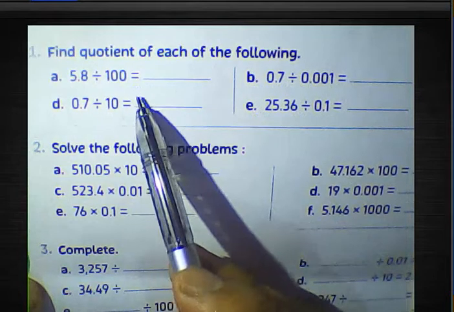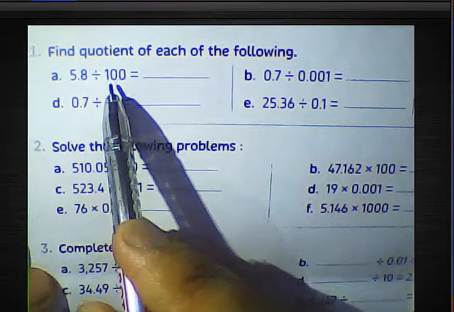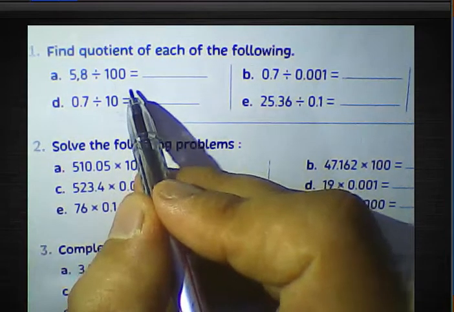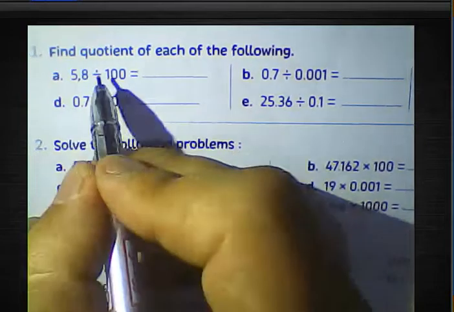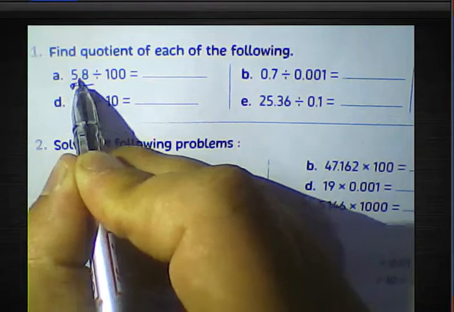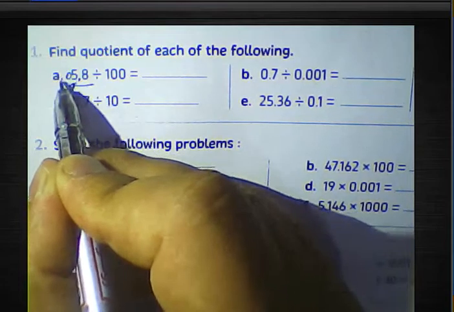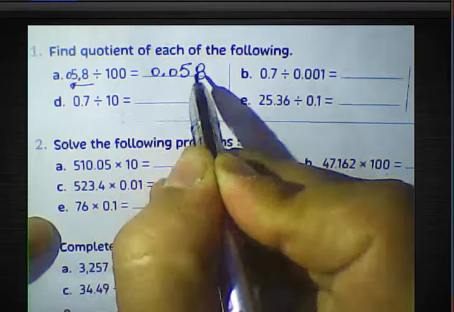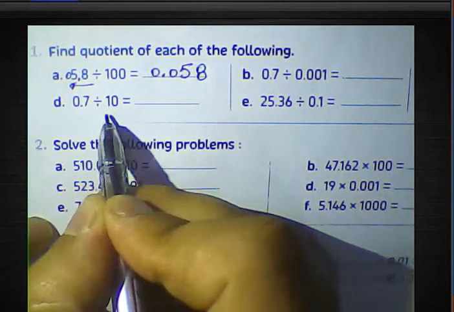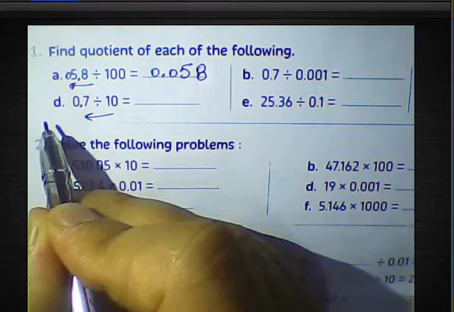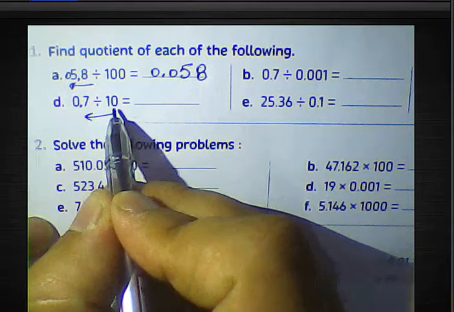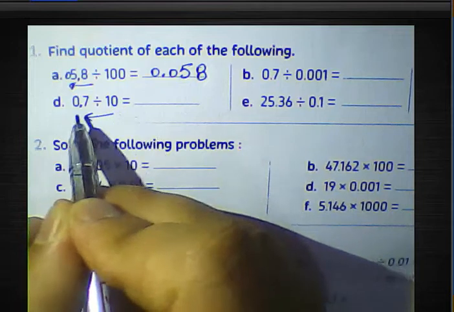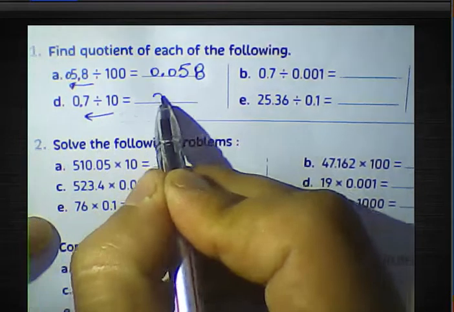For this number divided by 100, we must move the point from right hand side to left hand side by 2 digits because 100 has 2 zeros. We must put 0 here, the result will be 0.058. And 0.7 divided by 10, we must move the point to left hand side by 1 digit because 10 has 1 zero. The result will be